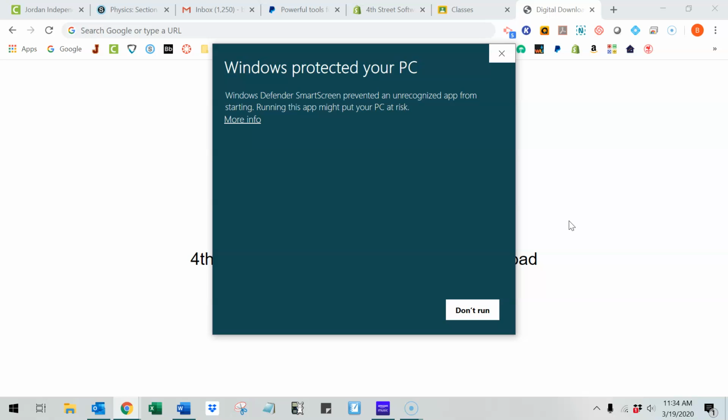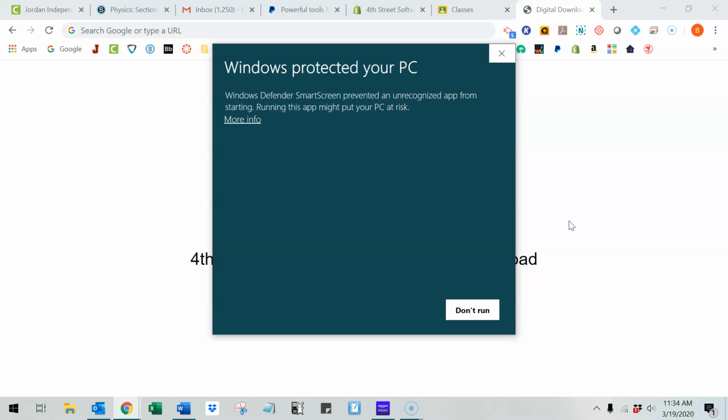Okay, now it's saying that it's an unrecognized app. It's not saying that it's a virus or anything like that. It just doesn't know what it is. The reason it doesn't know what it is, is that Windows has put into play a second round of security here. And there's good reason for that, I suppose. But if a file has not been downloaded X number of times, and unfortunately no one that I know of knows what the value of X is, then it will send this pop-up up